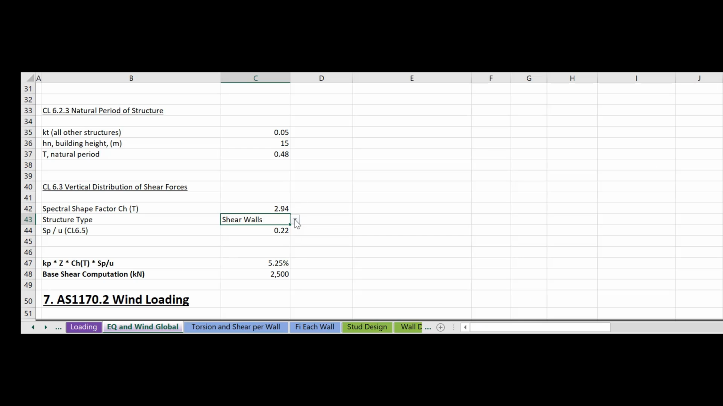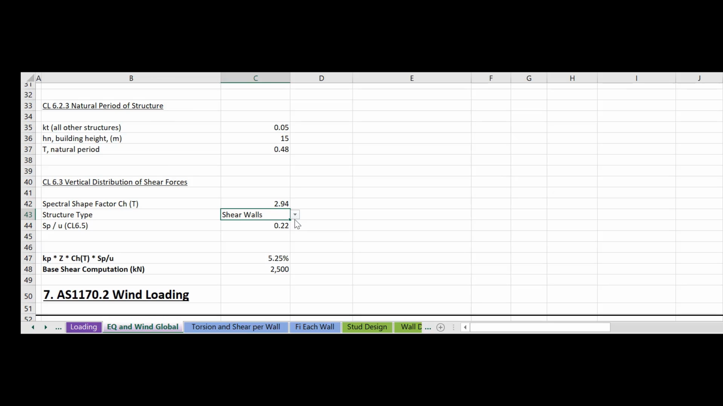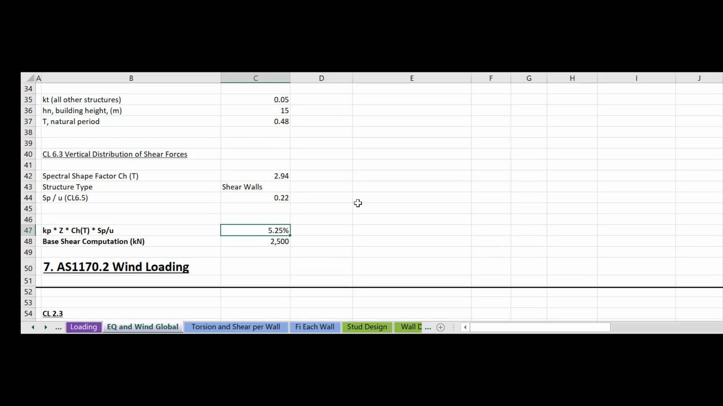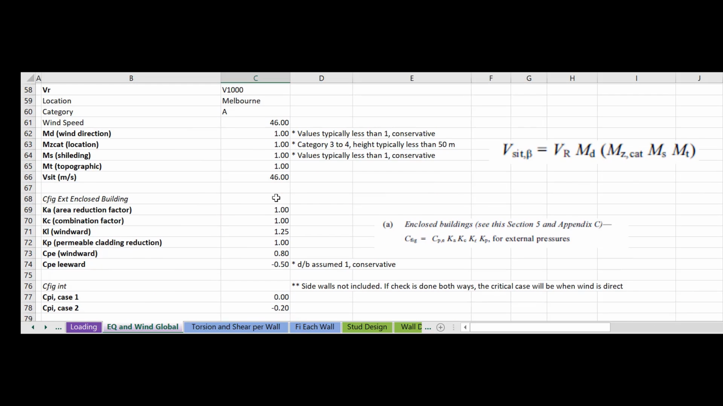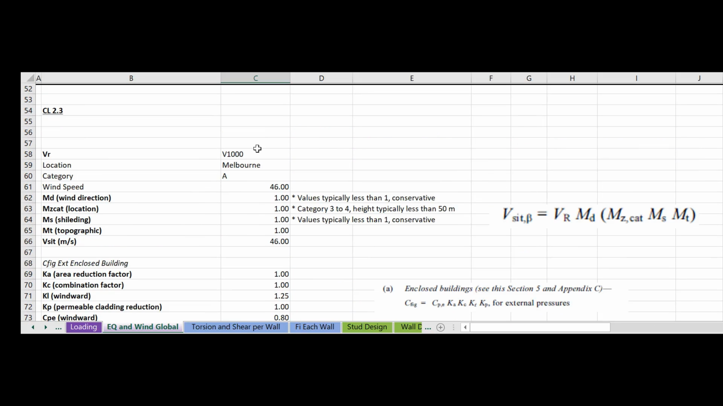I think it's more shear walls for the cases that we're in. And this works out to be about 5% of the dead load and so forth. And then we've got the base shear here as well. Now for the wind loading, similar comps, we've got just the location, the exceedance of probability, and then I've got